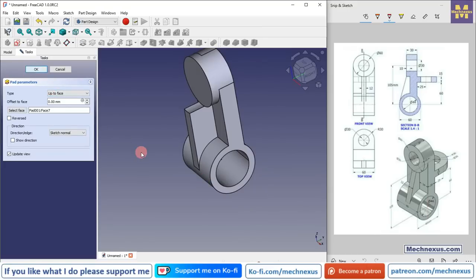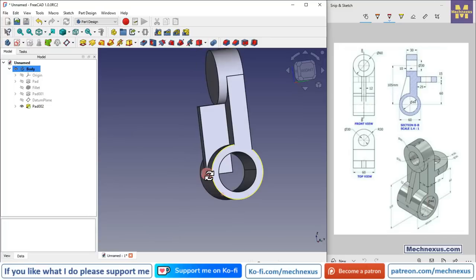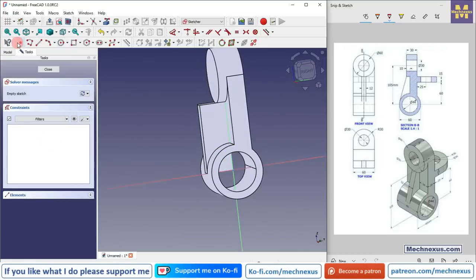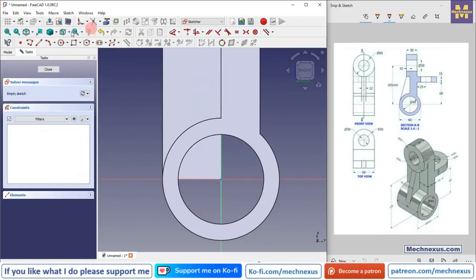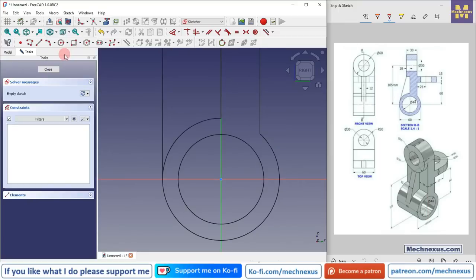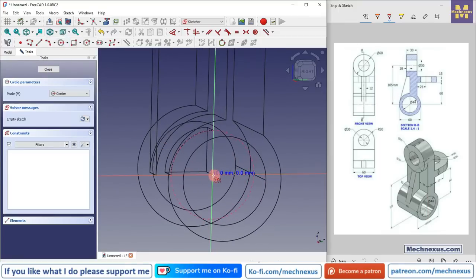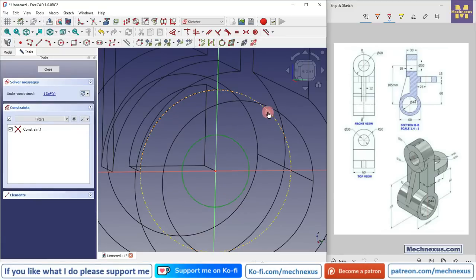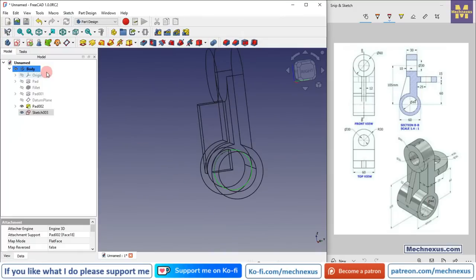We will click on OK, and now we will select this face and click on the sketch, and click on the project geometry, project it, and from here we will switch to the wireframe, and we will click on a circle tool and create a circle. Select this and make it equal. Click on OK,